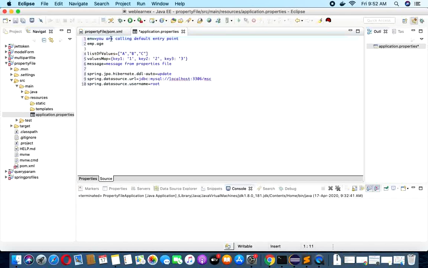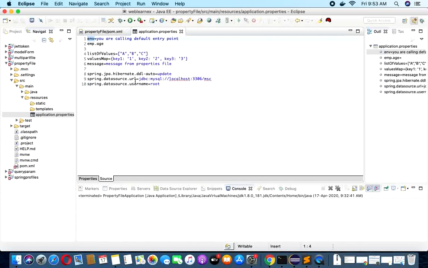I have added some messages, some list or array kinds of things. We can add some map, some messaging variables, or set up some database configuration, etc.